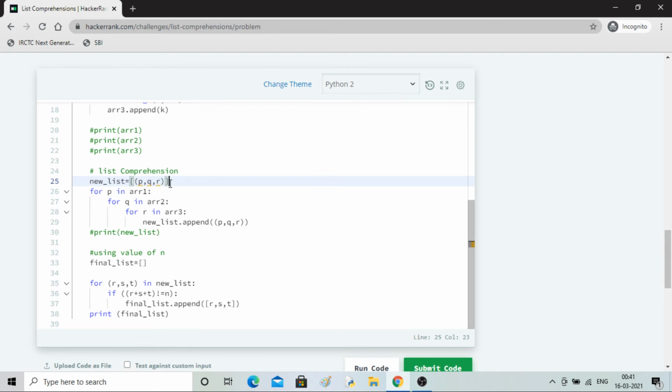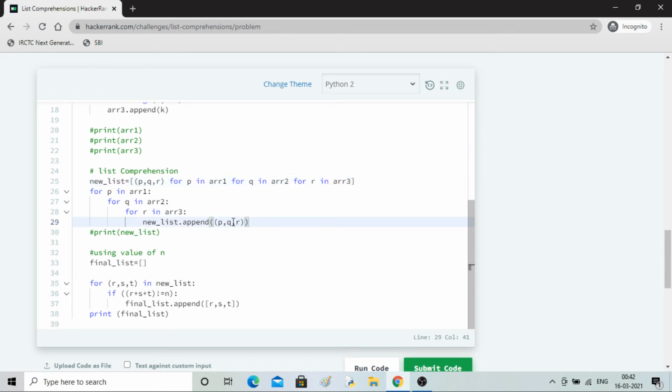Inside the square bracket where I am defining the new list, p, q, r, same thing I'll write. Control C, V. Okay, here you can see, p, then q and r. Array 3, there is no semicolon required in the last.